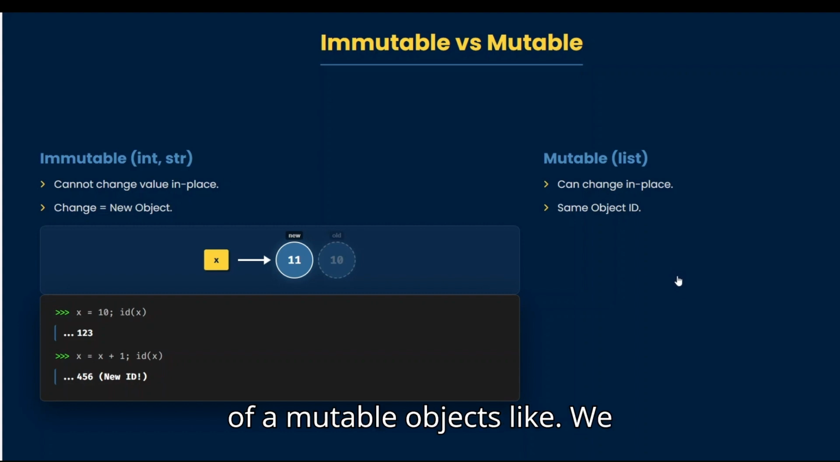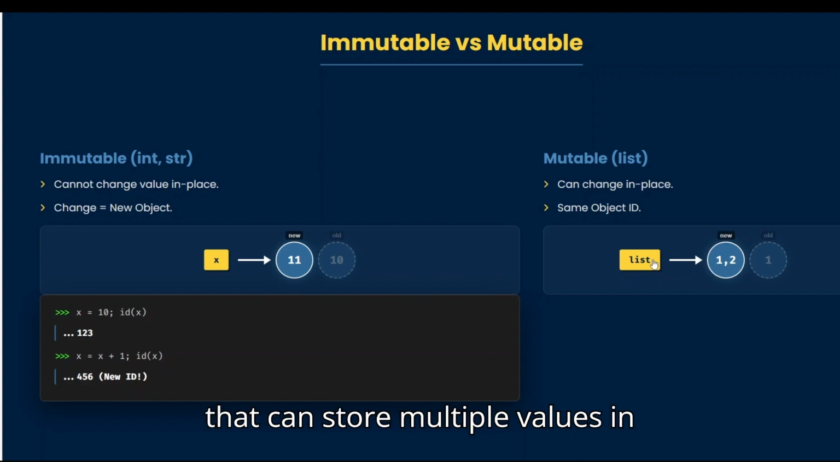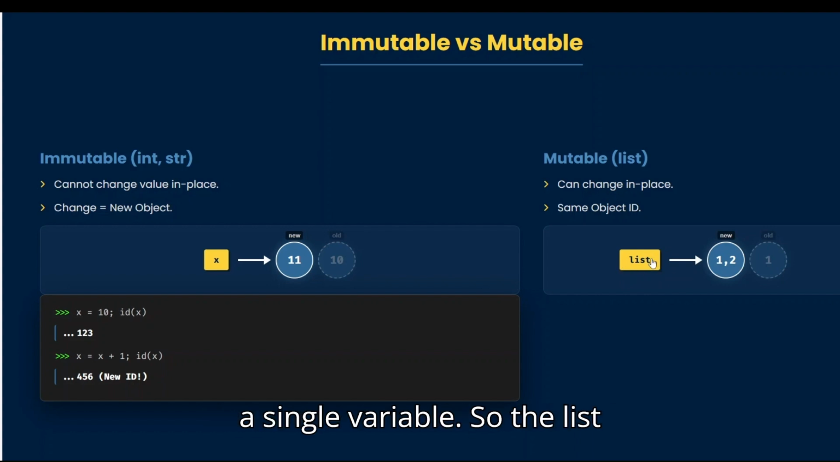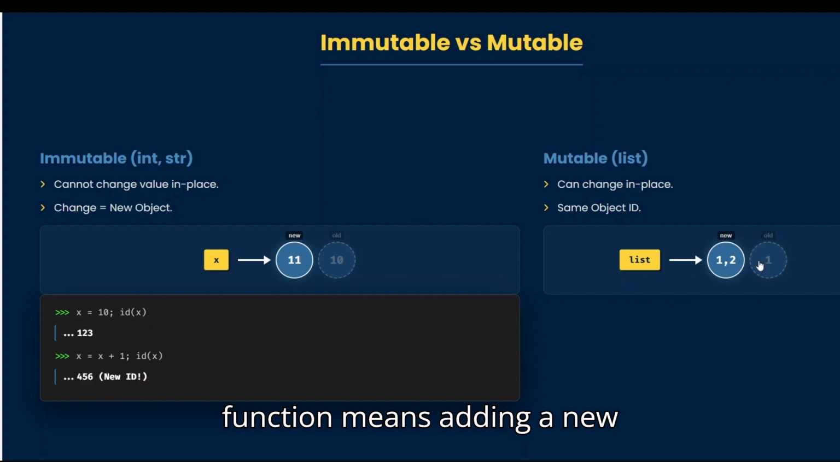Think of mutable objects like this: we have created a list here, which means a list is a variable that can store multiple values in a single variable. So the list variable has one item, which is 1, and when we modify the list variable with the append function, meaning adding a new element to the list, which is 2,